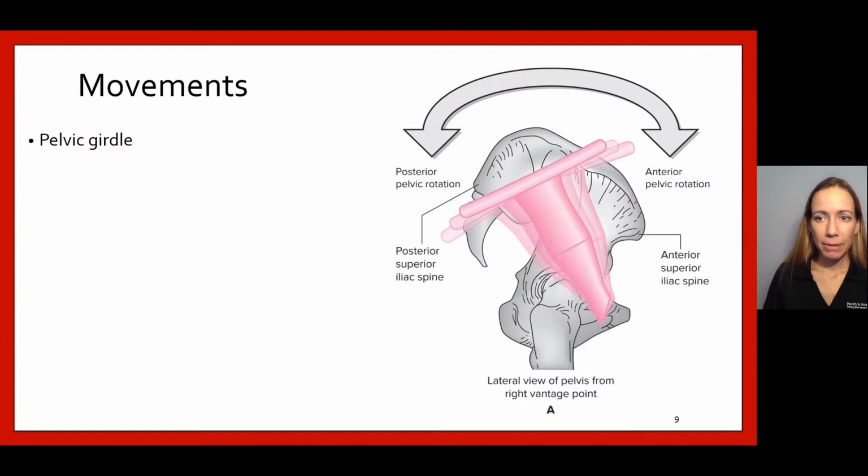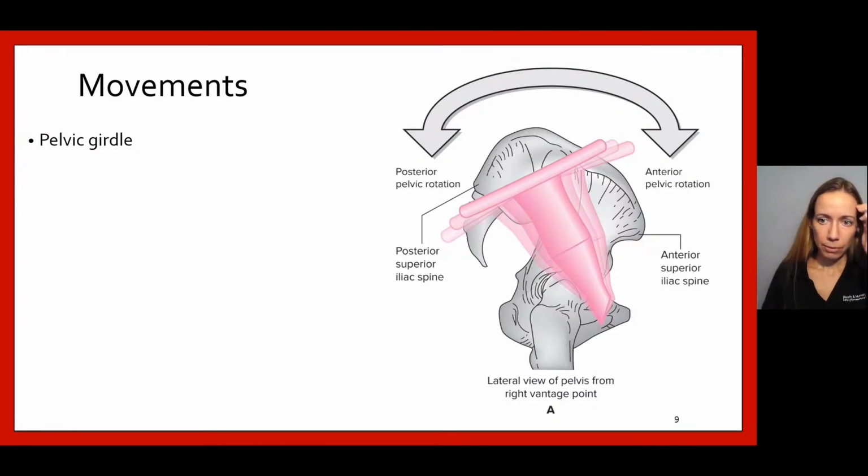One key is to remember that the pelvic girdle is a ring of bone. So again, on the posterior, we have the sacrum. We have our right pelvic bone and our left pelvic bone, and they meet anteriorly at the pubic symphysis. So it's going to behave as a ring. That means if one portion of the pelvic girdle moves, the other portions of the pelvic girdle have to move